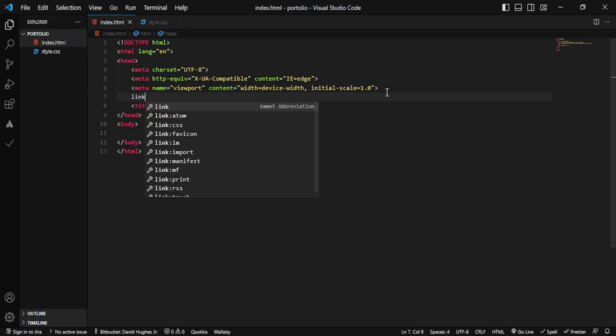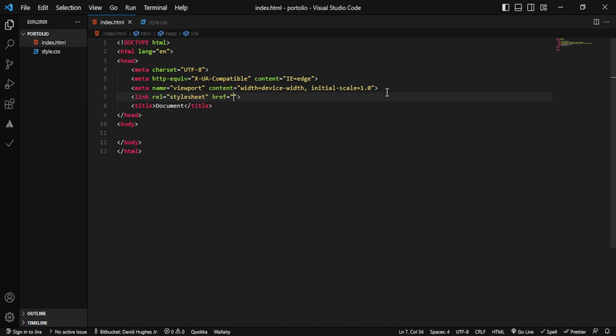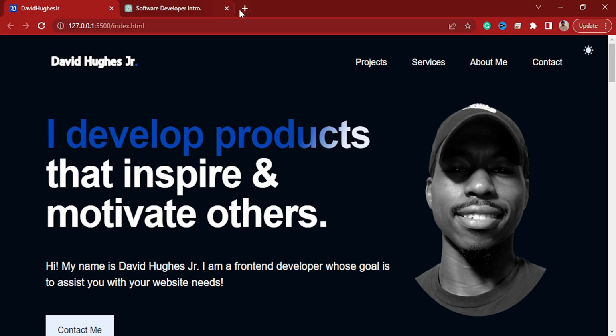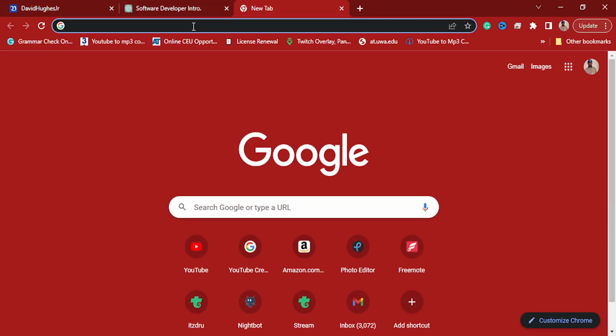The first thing we'll do is type link, hit enter, everything should be there. And now what we will do is say style.css. From here, we're going to hit enter again, and we're going to say link, and we need another bit of code here. So some more code. That code will come from this website. If you go to Google and type in